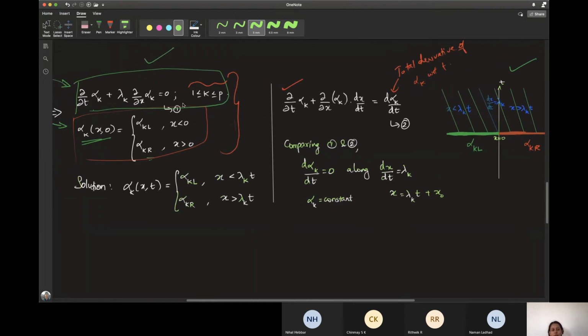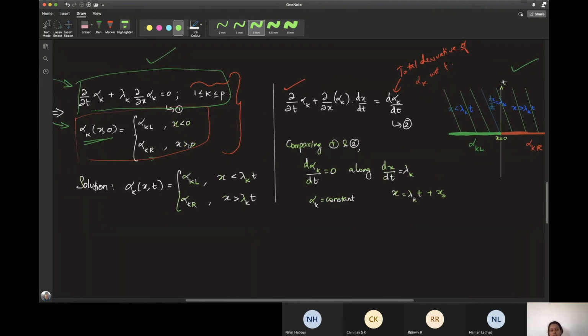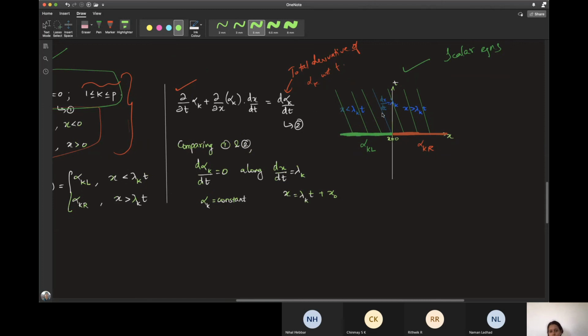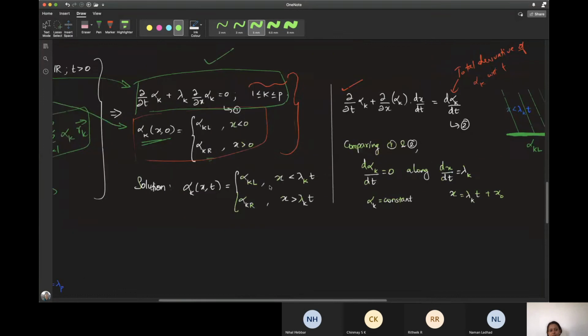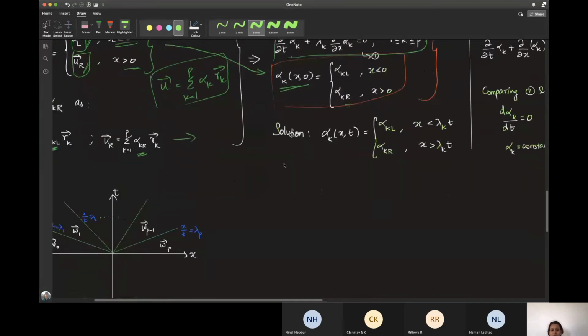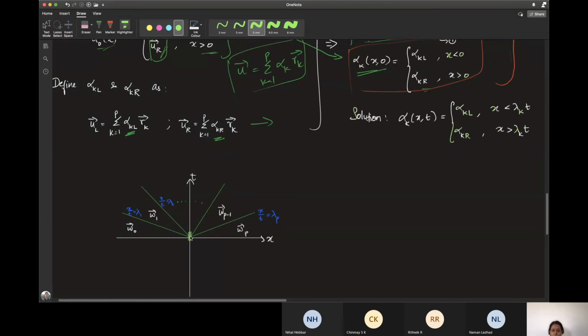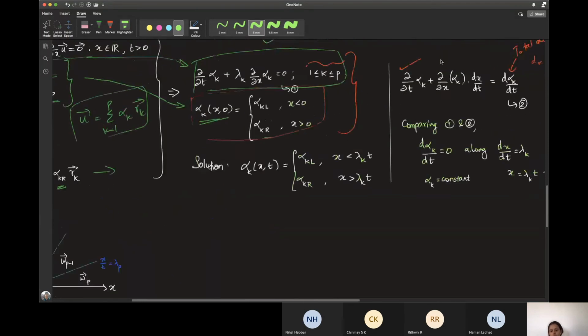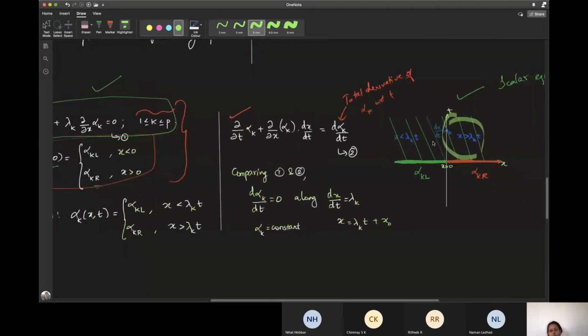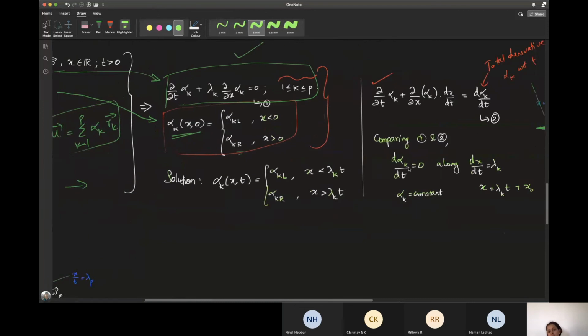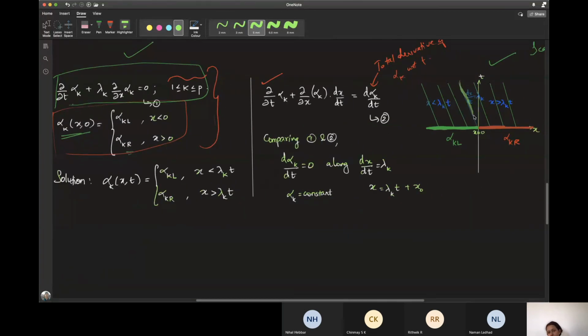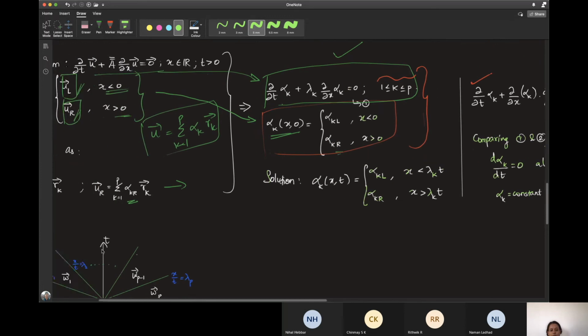And you are splitting at x equals 0, right? So at x equals 0, you are drawing this line. So this is for dx by dt equals lambda k. Now for p such equations, you are drawing p different characteristics at x equals 0 alone. I'm not drawing the other characteristics over here. The left and right characteristics are not drawn over here. Just the one characteristic that passes through x equals 0, I've drawn it over here.